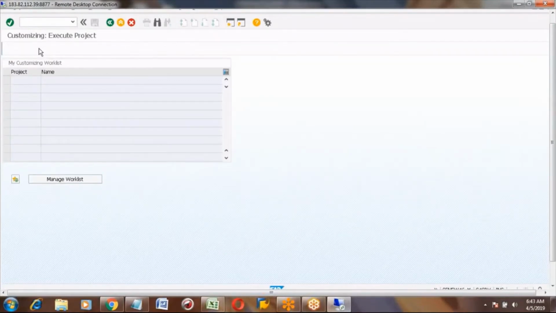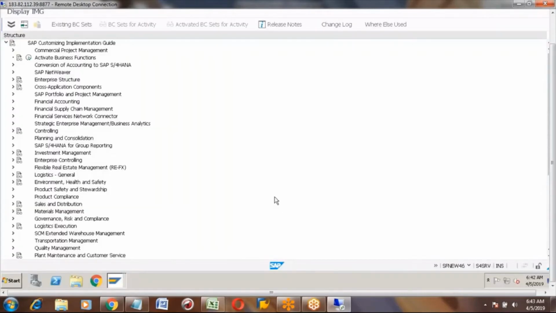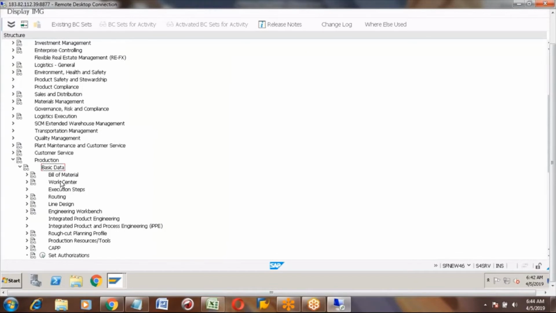I am going to Production now. In Production, you can open Basic Data. Now it's showing. Okay, good, you are able to see Production.